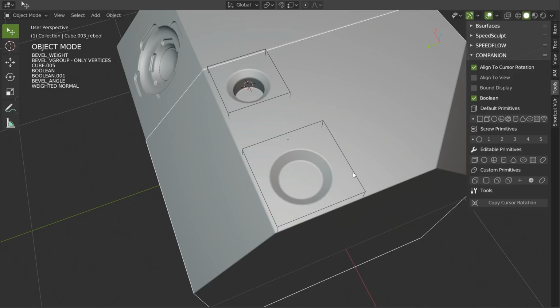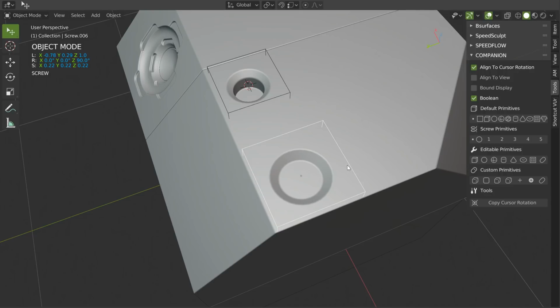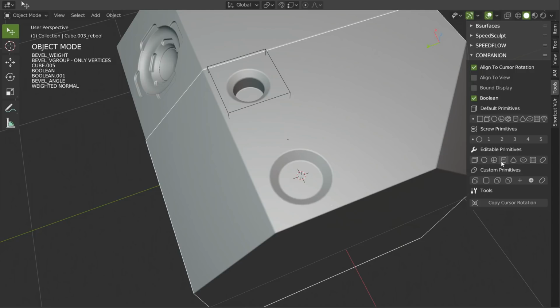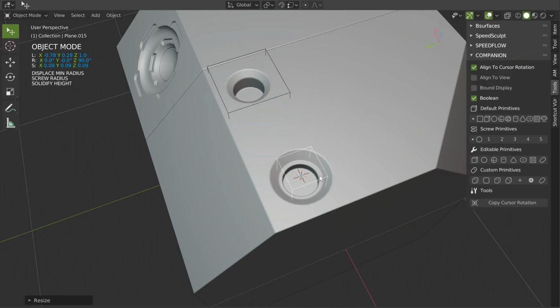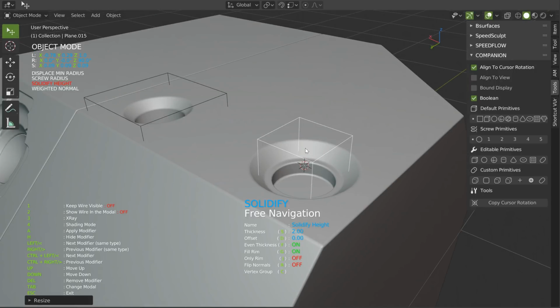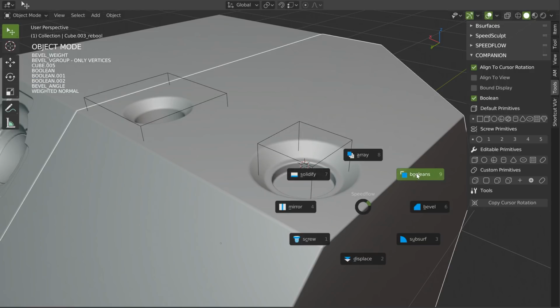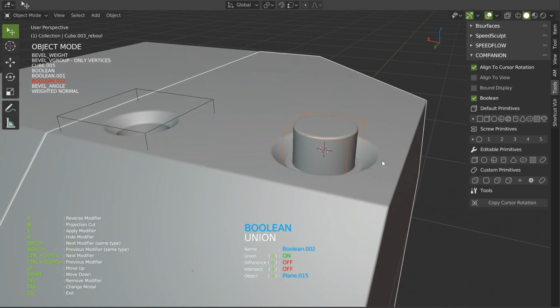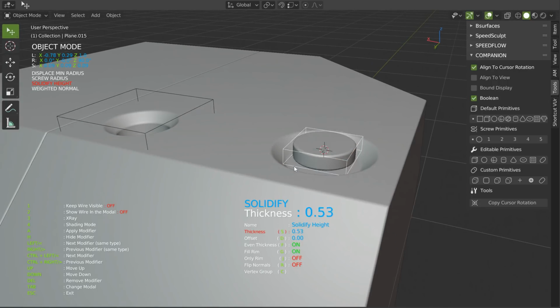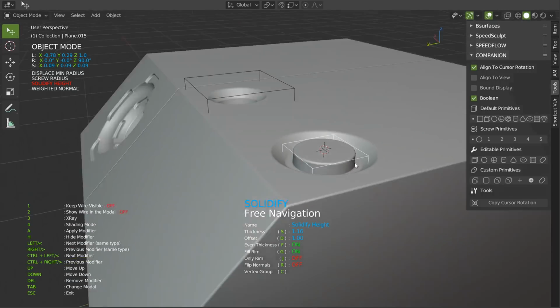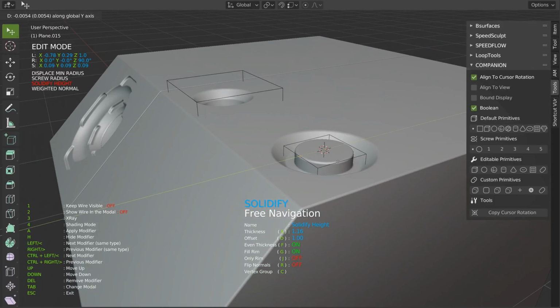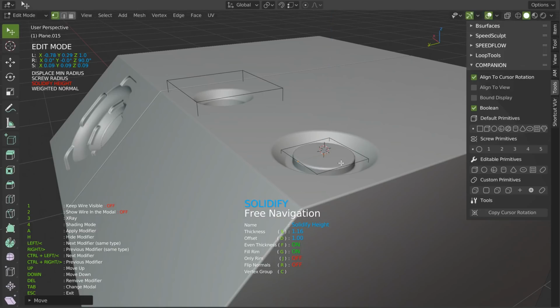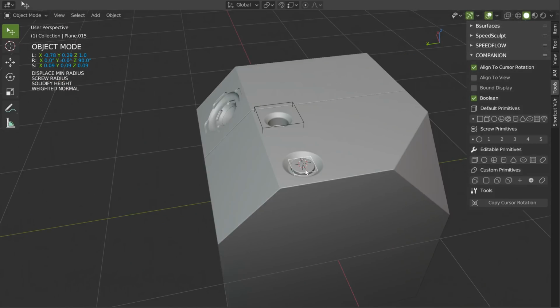This is pretty easy. I will press Shift S and cursor to selected and hide this one, and after I will make something like that. Up, like that. And I will play with the solidify to edit it. Or maybe I can come here on the boolean and press S like that and play with the solidify like that and move it like that, or edit it and move it directly in Z, like that. Okay, so there is a lot of possibilities.